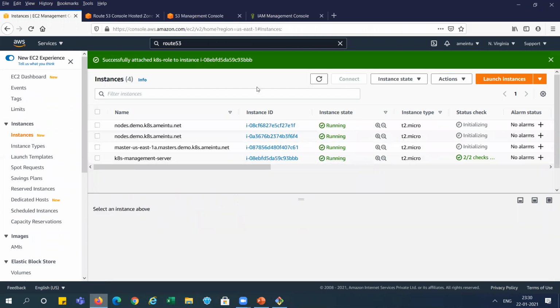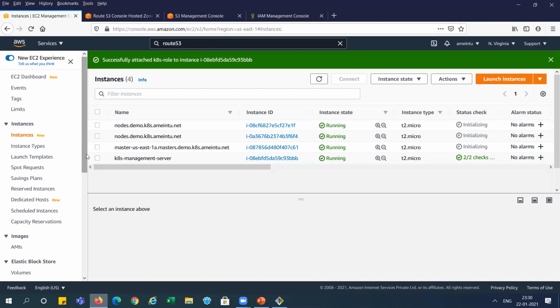See, we got 3 instances here. It is running state, right? And all are T2 micro. And you can see here this master is ready, and these 2 nodes are still in progress, right?